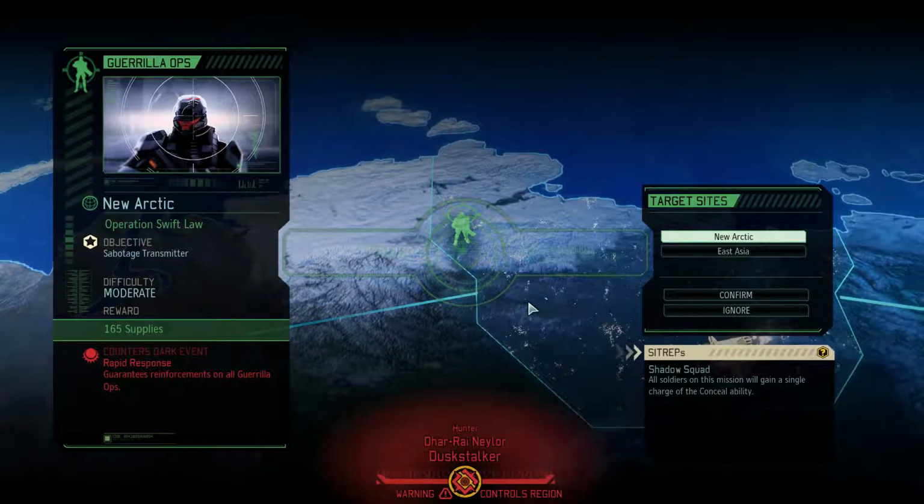So today will be time for Operation 8, I believe, and it's called Operation Swift Law. We have to sabotage a transmitter, the difficulty will be moderate. As a reward we will get 165 supplies, which is okay. It will definitely help. But more importantly, it counters the Dark Event's rapid response, which guarantees reinforcements on all guerrilla